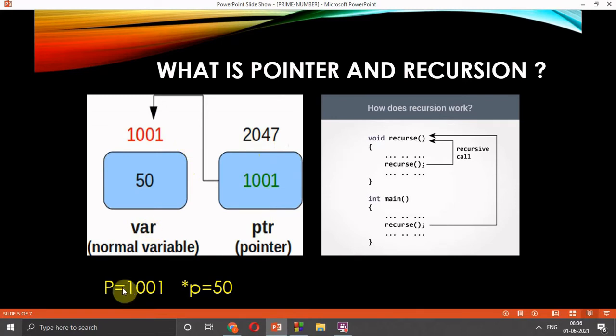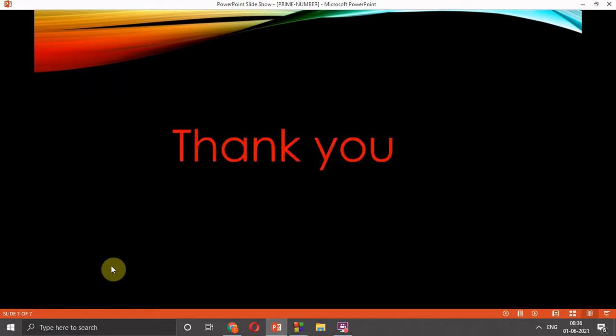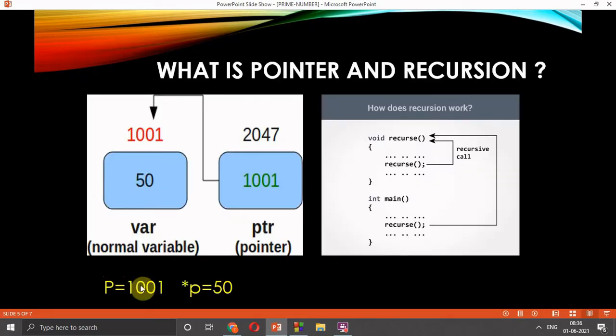This concept is very important, you need to understand it. If we want the value of p, p is equal to 1001. And if we add an asterisk here, referring to *p, then it will give us the value stored at that address.